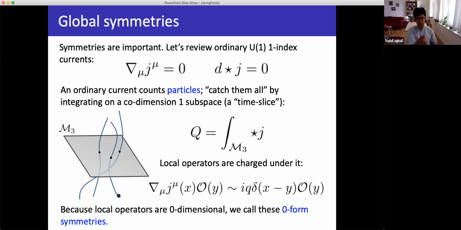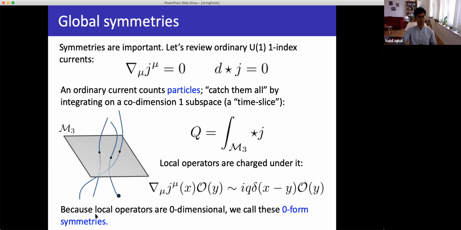If you want to make a particle here, you act as a local operator at this point. It makes a particle and goes off and does its thing. And what that means is local operators are charged under global symmetries. There's a formula for this. This is the Ward identity for the conservation of the current in the presence of a charged operator. And the point is the current isn't exactly conserved if you have the charged operator. Instead, it's only conserved up to a delta function term, okay, sort of contact term.